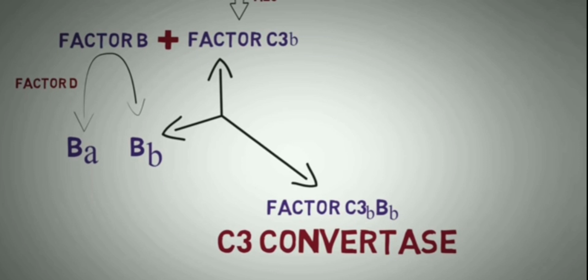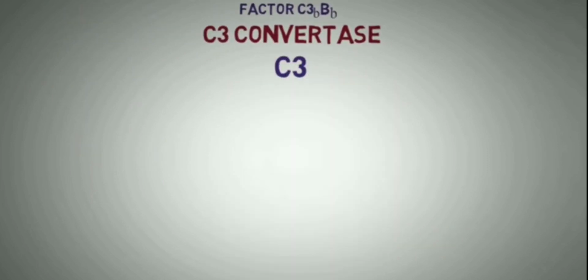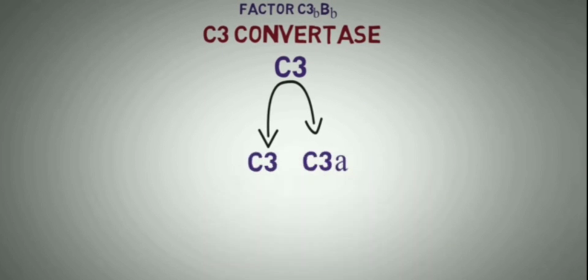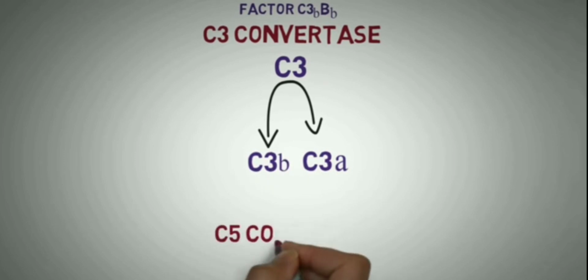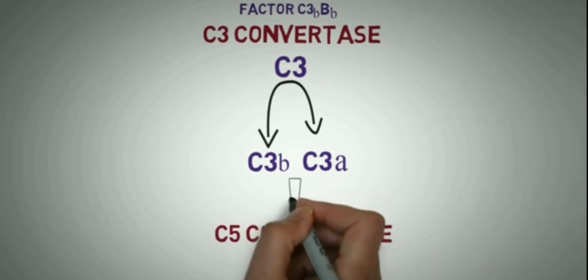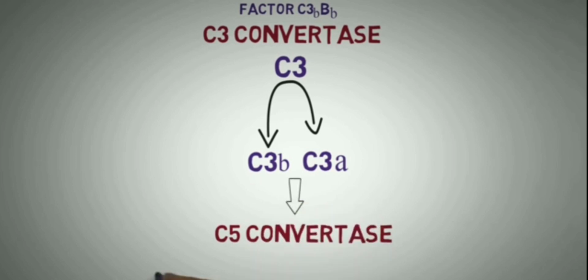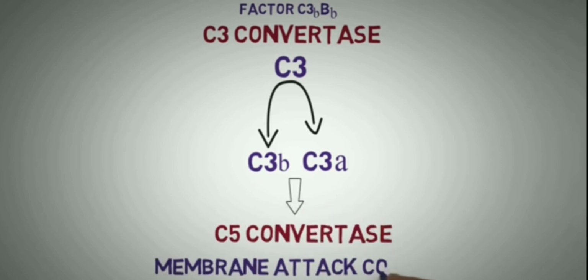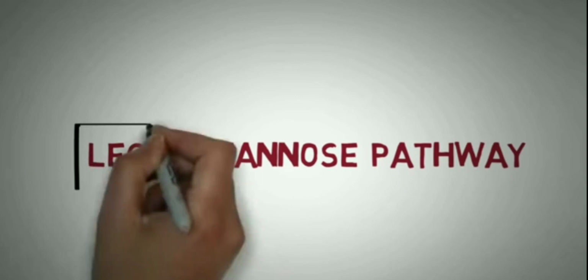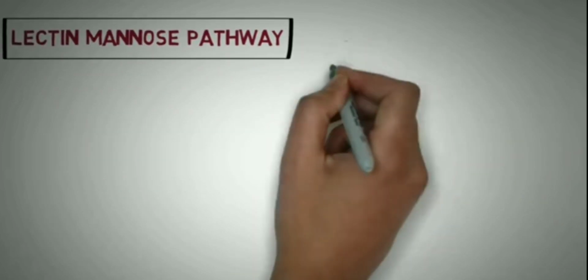This may have a different complement structure but has a similar function of converting C3 into subcomponents C3a and C3b. The rest of the steps are similar to that of the classical pathway, that is the formation of C5 convertase and subsequently the formation of the membrane attack complex, which has a complement formula C5b6789.